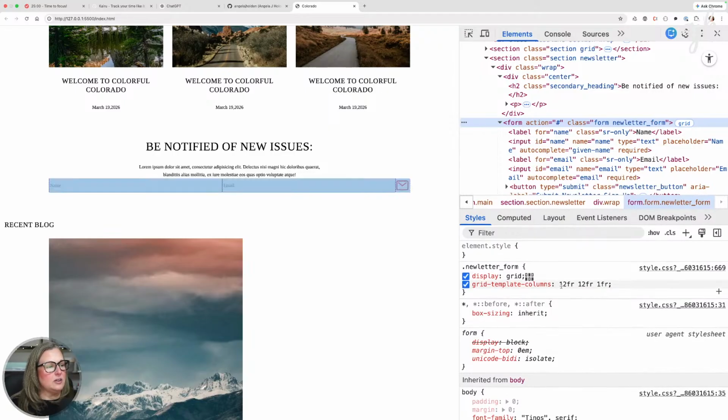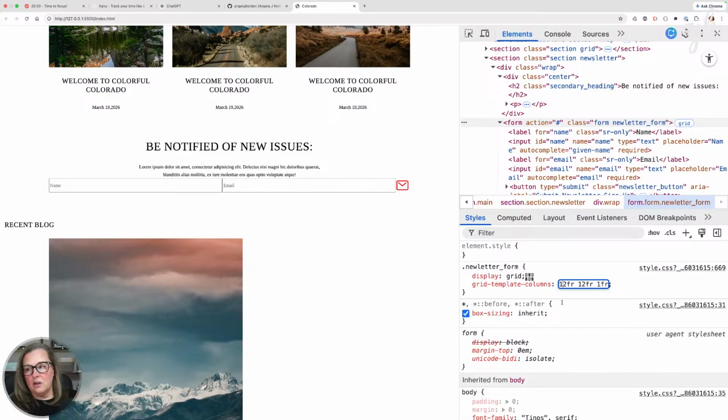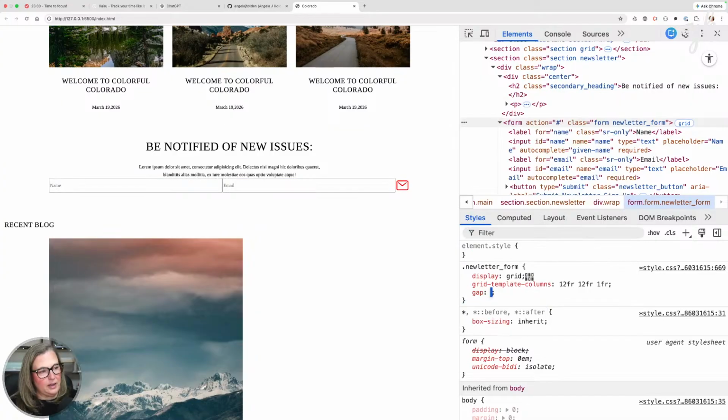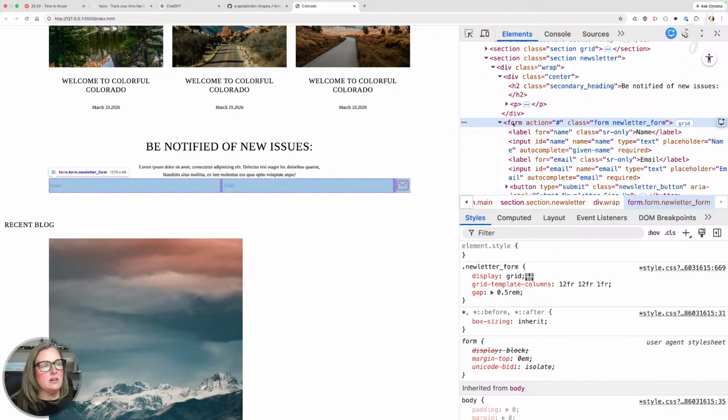So basically all I did to come up with this is, if I hover over form, you can see the outlines of the containers. You can move these back and forth. And this just seemed to work. So now I'm going to add a gap of 0.5 rems. That puts a little bit of a gap in there. And I feel like I've got equal containers for what I'm trying to achieve here. An equal name, an equal email, and then we have our button for the submit.